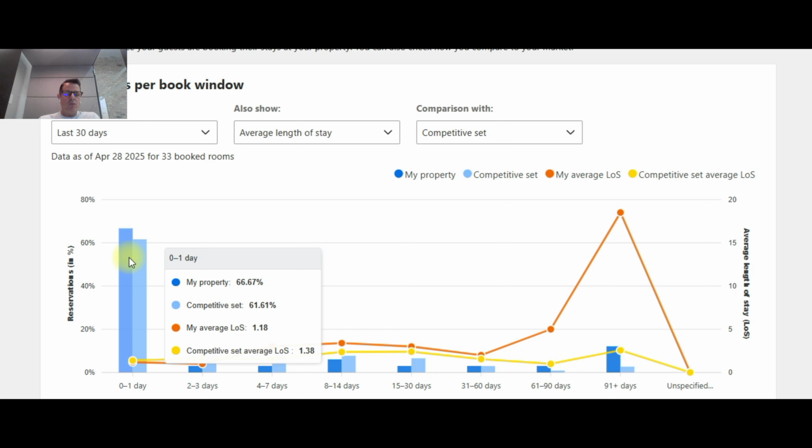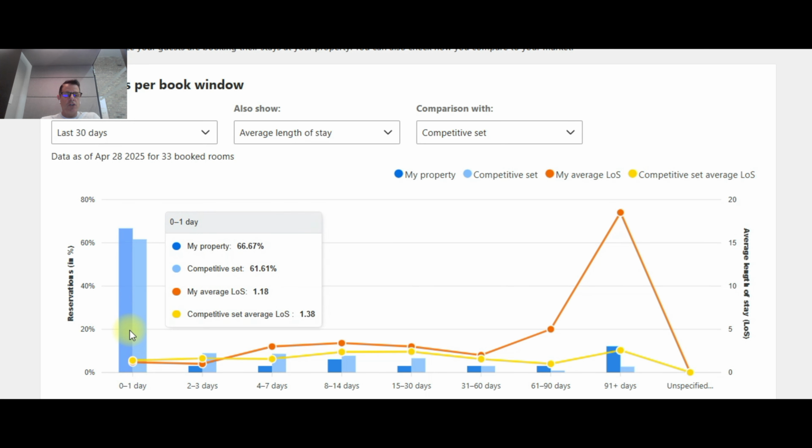So this property right now, 66% of their reservations are coming in on the same day, basically 0 to 1 day. So basically the same day. They're getting 66% of their bookings on the same day. The competitive set gets 61% of their bookings on the same day. Our average length of stay for those customers that book on the same day is,